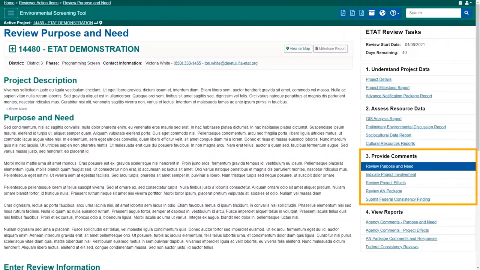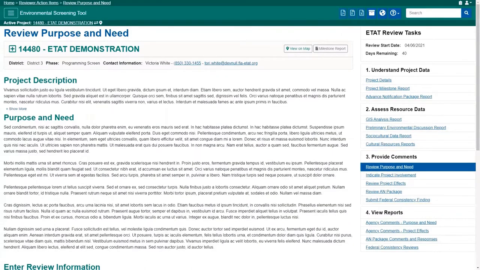The third section of the task list is Provide Comments. Use the links to provide your comments about the project. The Review Purpose and Need page provides the opportunity to review the project's purpose and need and acknowledge your agency's